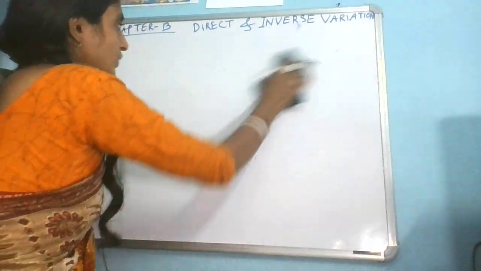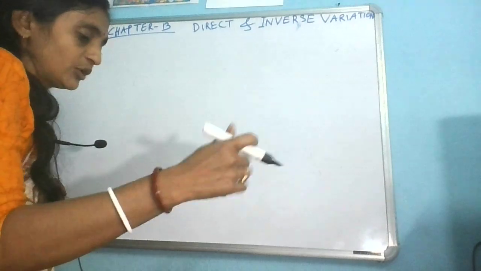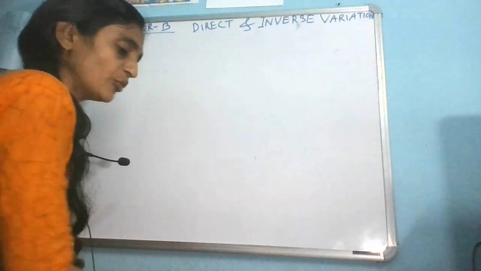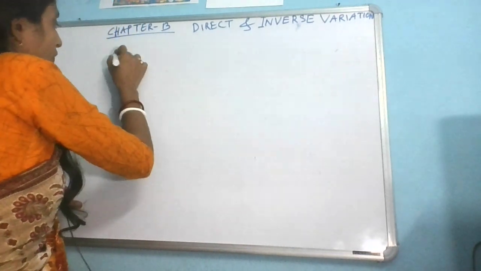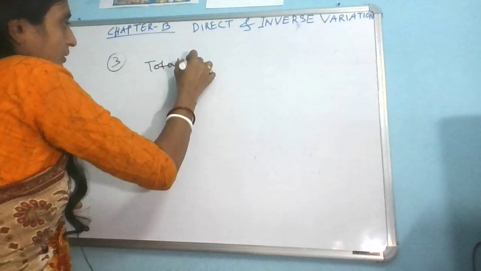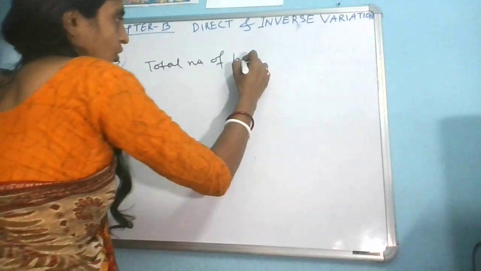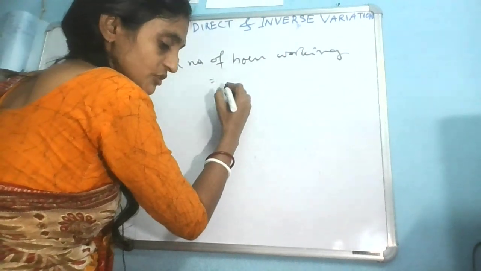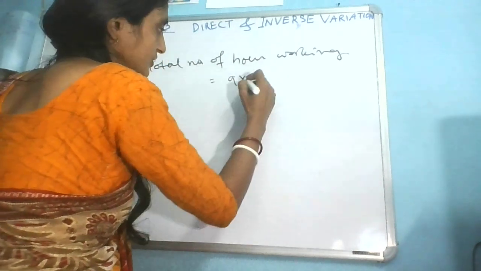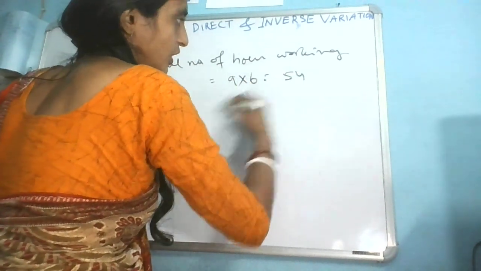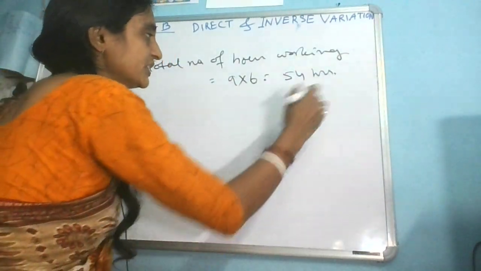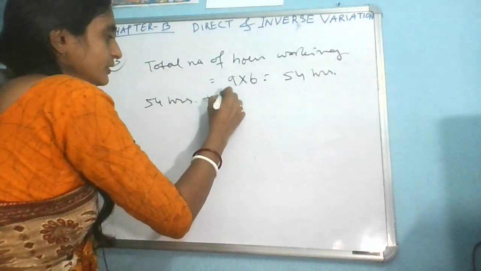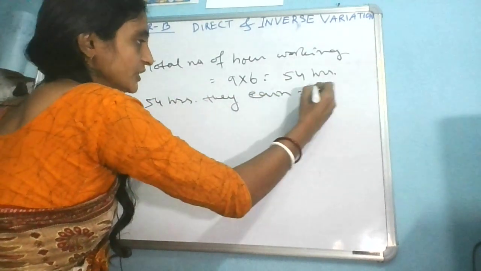So if I am calculating the hours, let me calculate the hours. 9 men working, so if I am considering it is for 1, how many hours are we getting? Total number of hours working, that is equal to how much? In the first situation it has been given 9 men is working for 6 hours, that means total hours is equal to 54 hours. And by that how much are they earning? By 54 hours of working, how much do they earn? It has been given rupees